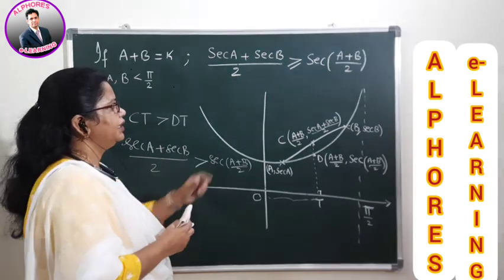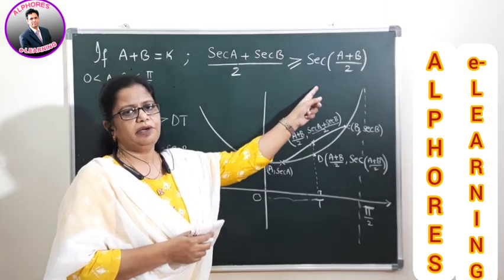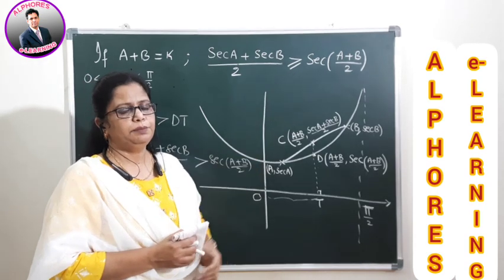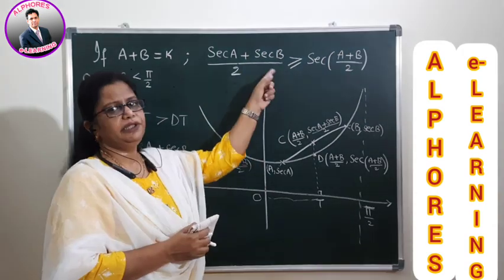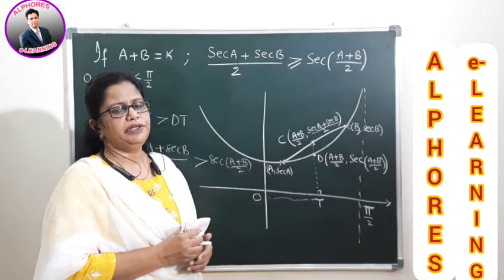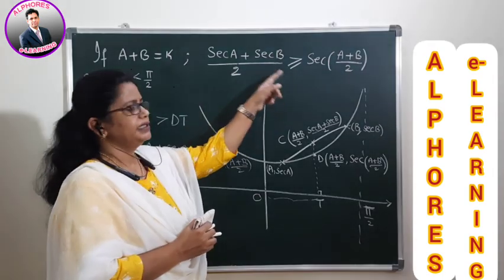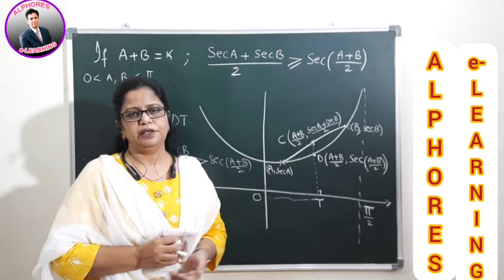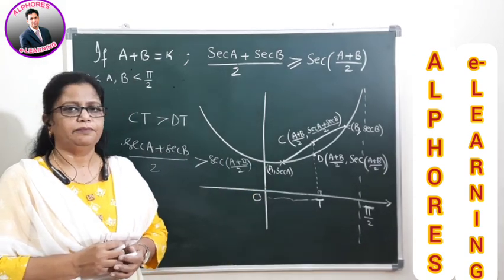So in this way you can obtain this kind of inequality, and you may immediately get a doubt about where the equality can be obtained. When the values are the same, that is A equal to B, students, then clearly the angle is the same. Therefore this kind of inequality we can simply obtain from the graph of the function.